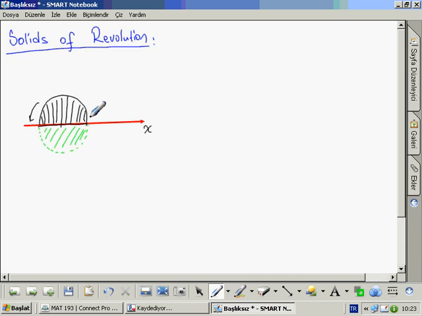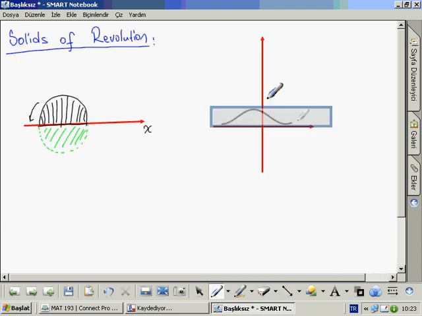So for example, again, let's talk about the right triangle. Let's say we have a right triangle like that, as you see. When you rotate a right triangle about one of its legs, for example this leg on the y-axis, you will obtain